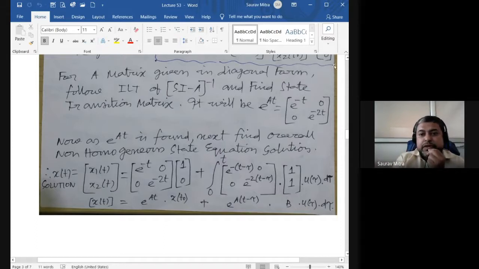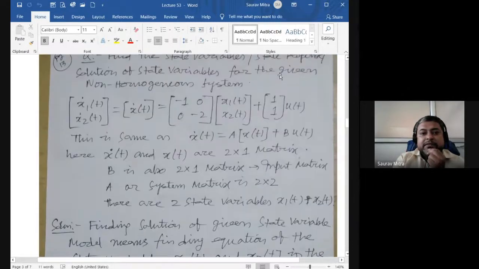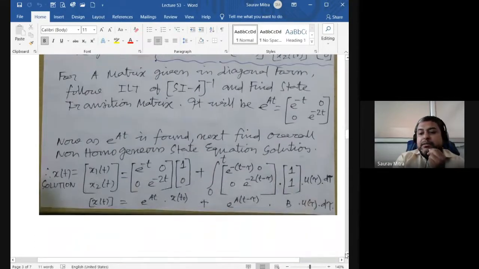So that is actually how we are finding the two variables. Now you can see that there is a non-homogeneous system given here. Two variables are given, but their rate of change is given. How these two variables are changing with respect to time is coordinated with respect to the A matrix, X matrix, B matrix, and U. Now I am asked to find out the solution of this state variable system. Now this is xt, x1t, x2t. This is actually e raised to AT, multiplied with 1 0.